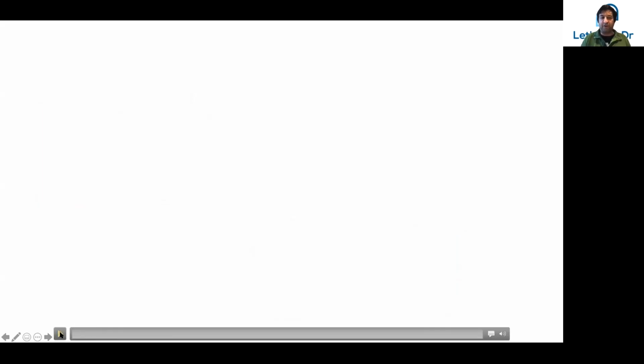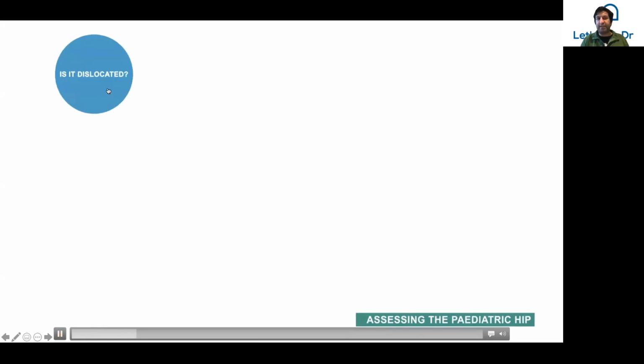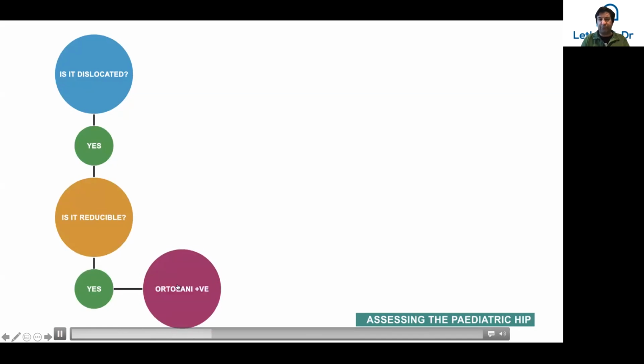So at the end of Barlow's and Ortolani's, you should be able to follow this flow diagram here, okay? So basically, this is a flow diagram that I've made. Is it dislocated? Yes. Is it reducible? Yes. Then it's Ortolani's positive. If it's not reducible,